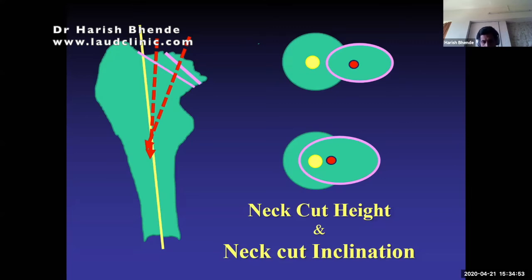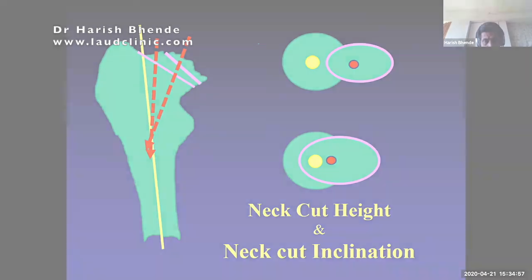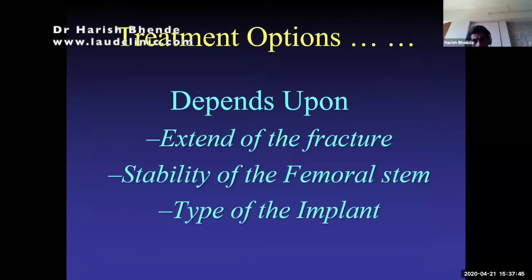And that happens not so uncommonly in an osteoporotic bone. So what treatment options do you have if you get a calcar fracture? Obviously, you have to extend the exposure, try to align and reduce that fracture, and then you may have to use a different kind of stem, either a long stem or a cemented stem, but make sure you have proper stability of the femoral stem after fixing the